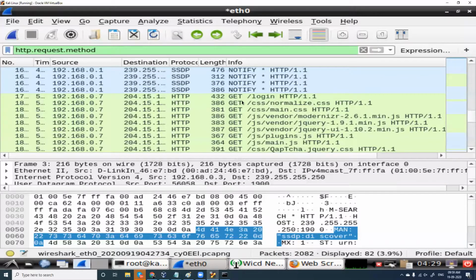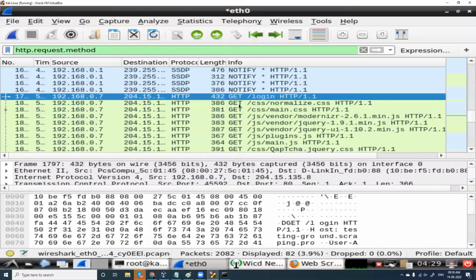So see here, we have got a GET packet, which is a login packet. Yes, if I open this, will I have username and password? The answer is no. Why? Because this is a GET packet. You're getting this packet from the site. So it will be an empty packet and probably you'll not be having usernames and password.